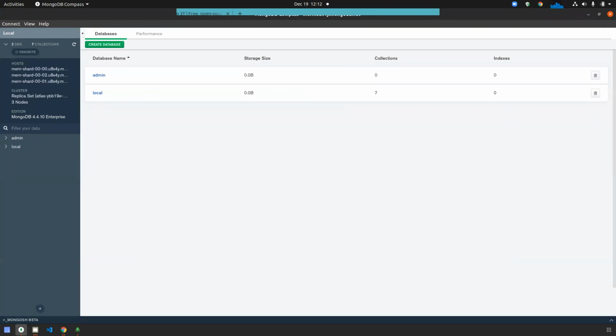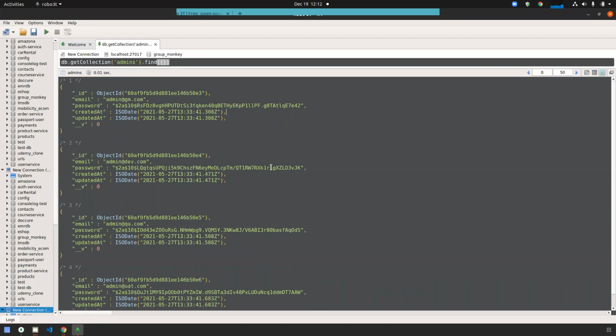Can you please show the connection between Robo 3T and MongoDB? Oh, you are talking about the version being used. The version is 4.4. But in the market, version 5 has now launched as a beta. Still, I suggest using 4.4 for now. Version 5 is released already, but it is still in beta.